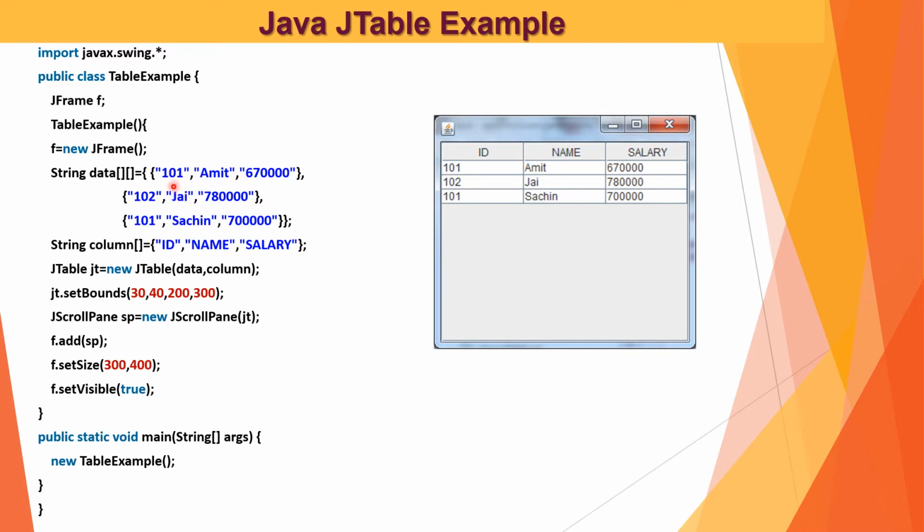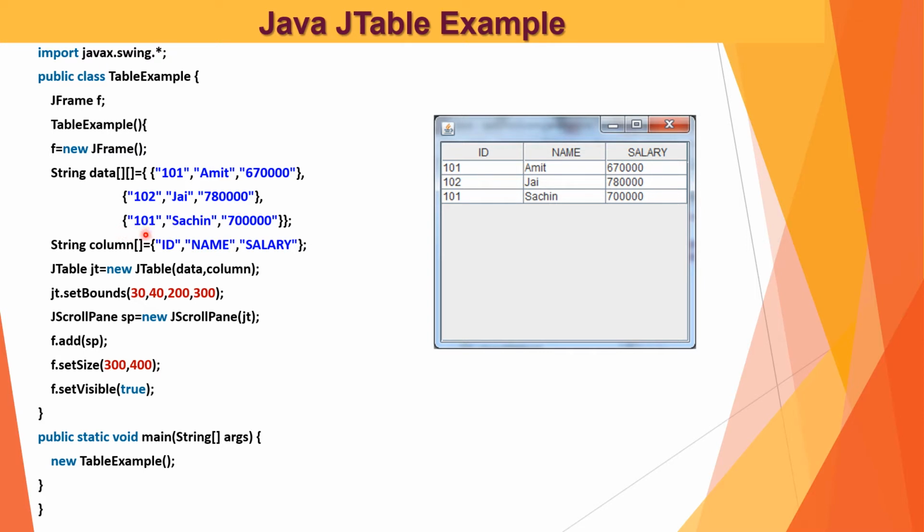Here 101, Amit and 6,70,000 is the data concerned with the ID, the name of the employee, as well as the salary. Now 102 is an ID number, the name is Jay, and 7,80,000 is the salary.